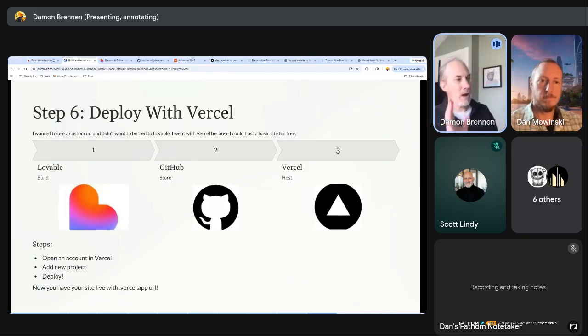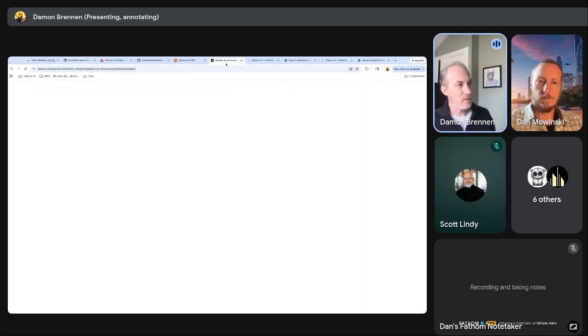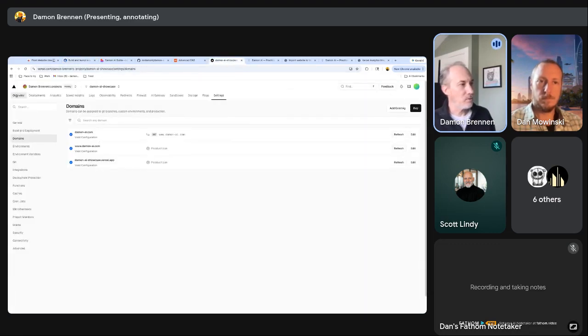All right, so now we built in Lovable, we're stored in GitHub, and now we want to host this thing. And I chose Vercel, mostly because it had a free tier that I could use, and this would fit into this. There are other options you can do, but in this one you open an account in Vercel, add a new project, and deploy. And so if I go to Vercel here,